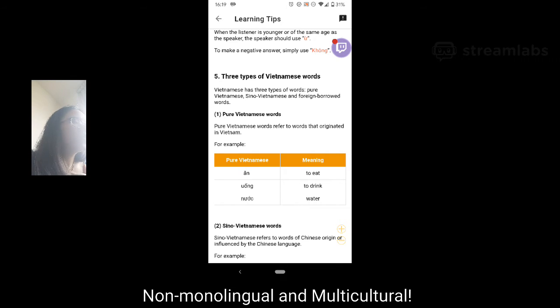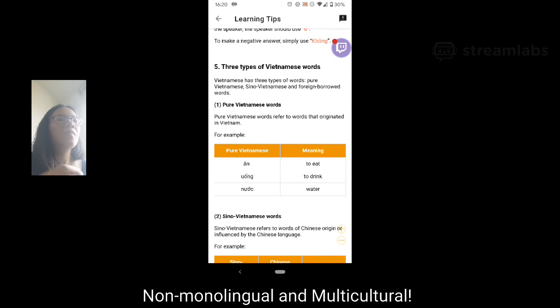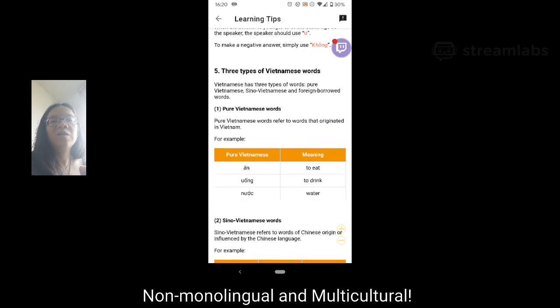Oh, I heard the bell tower in the background. It goes off every 15 minutes, actually. I don't know how far it is, maybe a mile away? It's actually a very famous bell tower. I might get some breakfast, be right back. Hi Taffy, how's the baby? I forget her name for some reason.